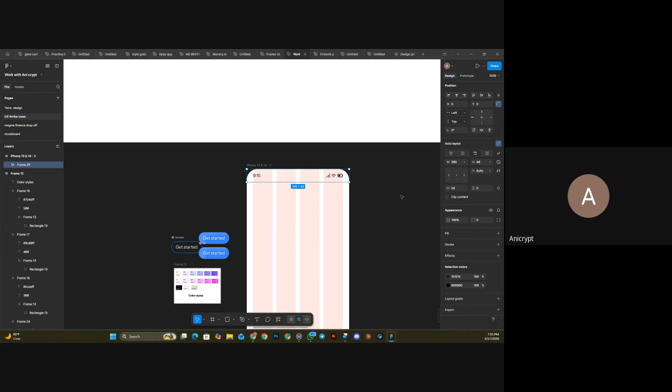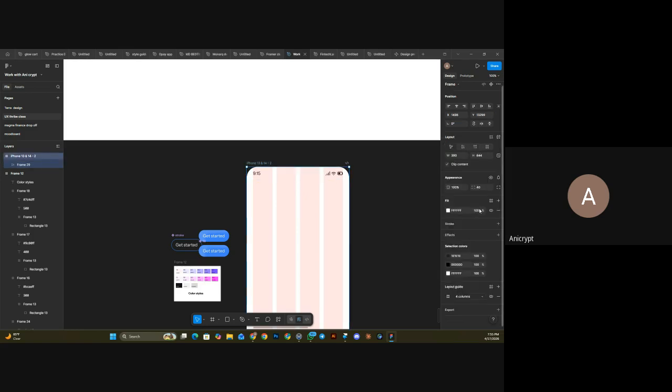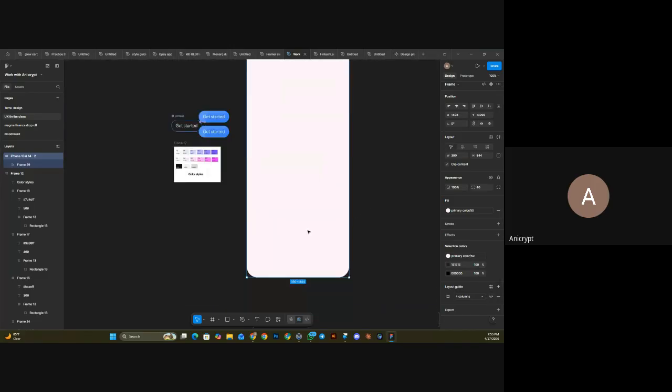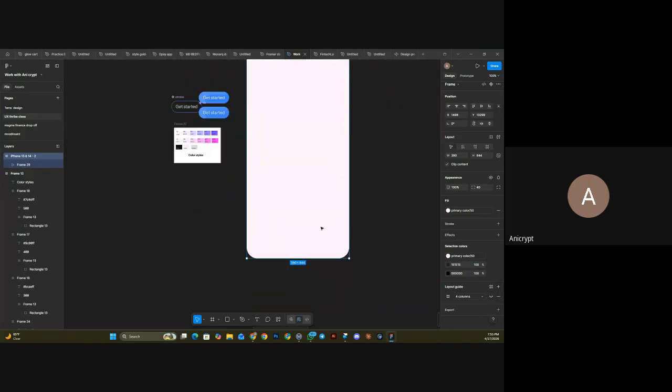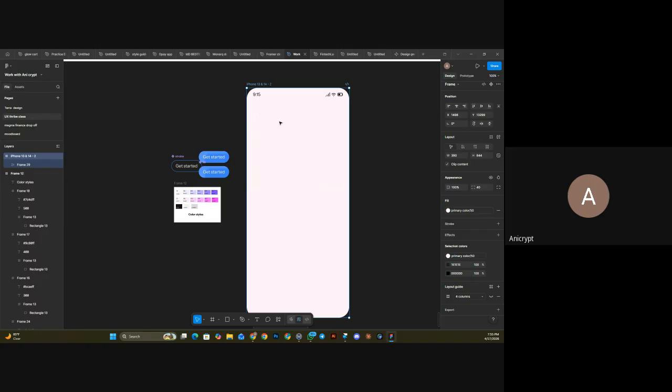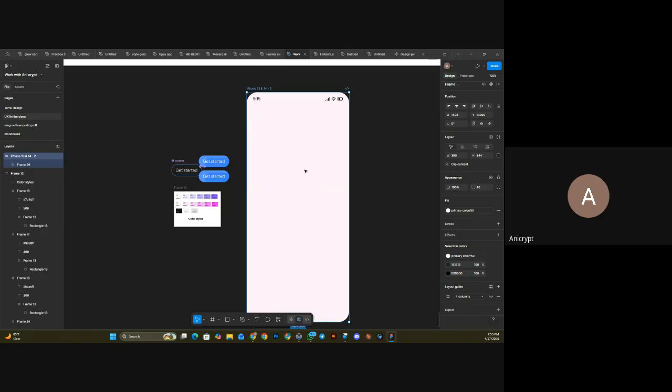Then for this background, I'm actually going to give it the background color. We're also going to apply the style. Let me just use the natural color for it, the 50. Can you see? We're using this color for the background. Then now, since it is